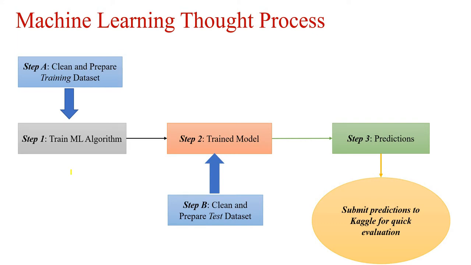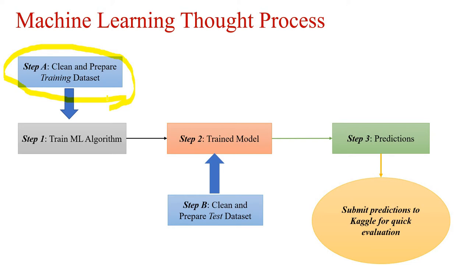Before we start looking at the code, let's get an overview of the machine learning thought process. Now we have been following this thought process, and now we're getting really into it. So now this part where we have cleaned and prepared the data set, right? We've been doing that, where we address the missing values and the categorical variables. So now you can see that step can take a lot of effort, and this is sometimes referred to as